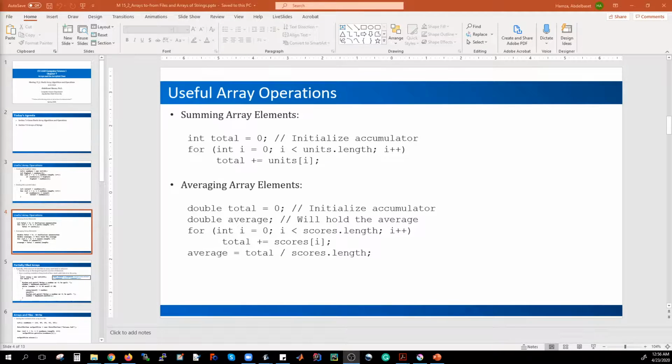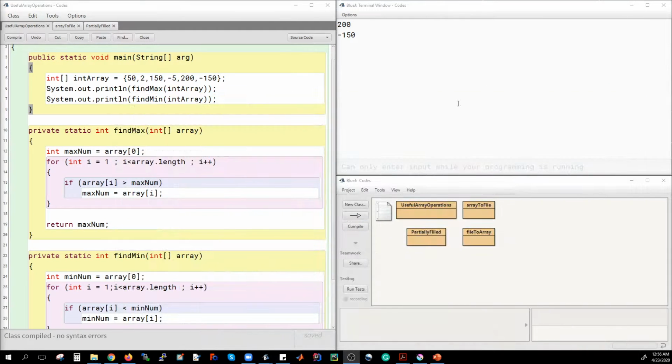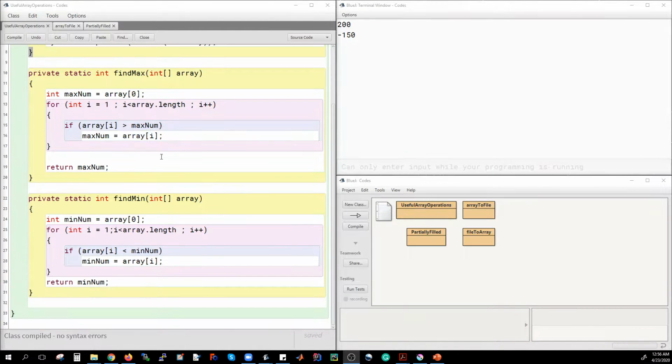The next two operations we will learn are how to sum and how to average the contents of an array. This is very straightforward, and adding the contents of an array is very similar to the running total that we learned before. The first thing is that you need an accumulator that starts with 0, and then as you go you start to add the elements one by one, and then you will have the total or the running total